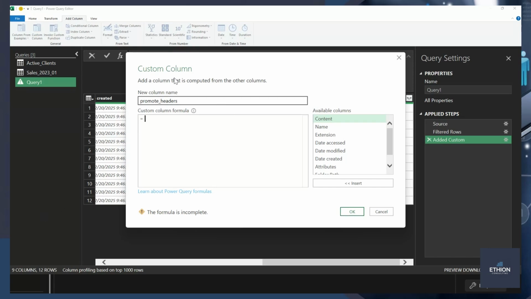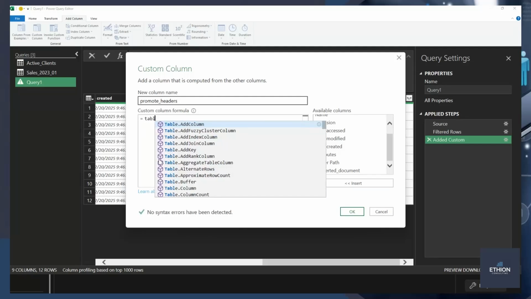So when we are doing this custom column, it's not just to add a column to a table. A lot of times, the table that we're working with is a table of tables, and you can make transformations into those tables, which is what we're going to do here, which is what we did with the content when we converted the content into actual CSV. But in this step, we're going to take that converted document and do an additional transformation to that and create another column with that. And this is good, especially when you are starting, because then you can see each step and that becomes part of your documentation. So here we're going to say table promote,